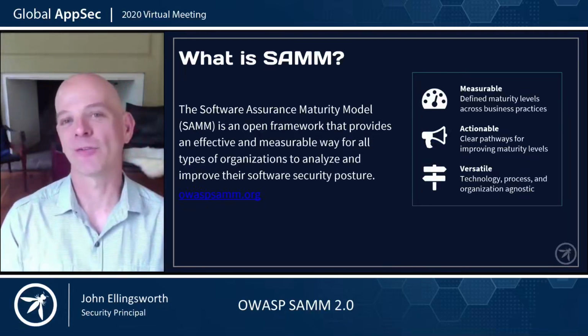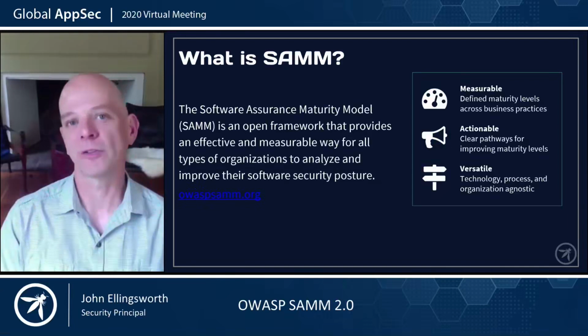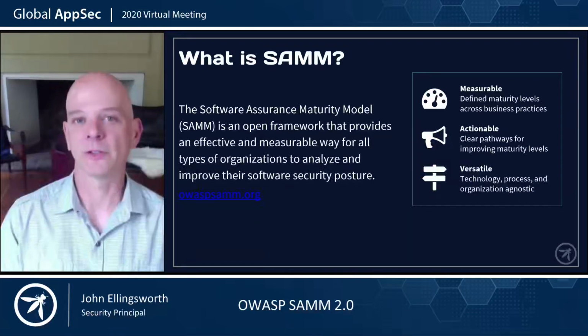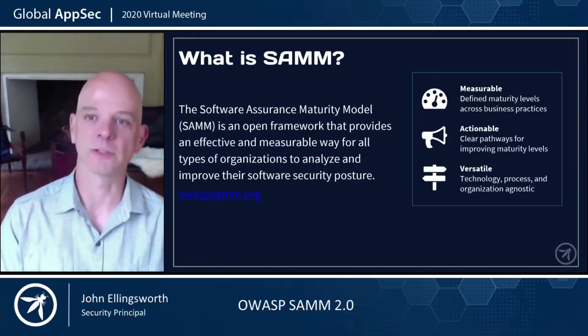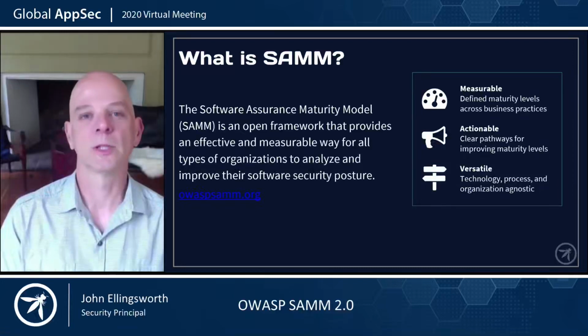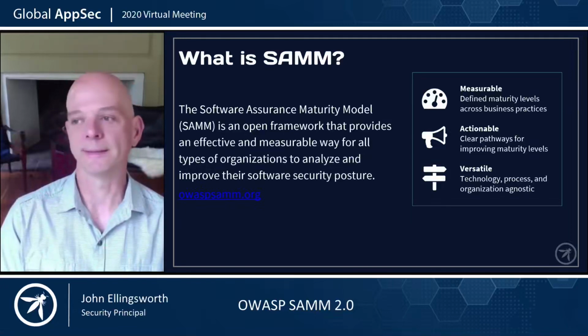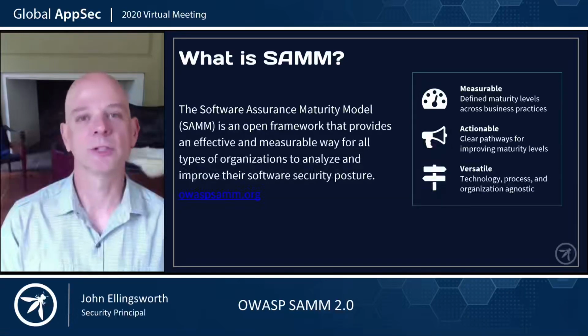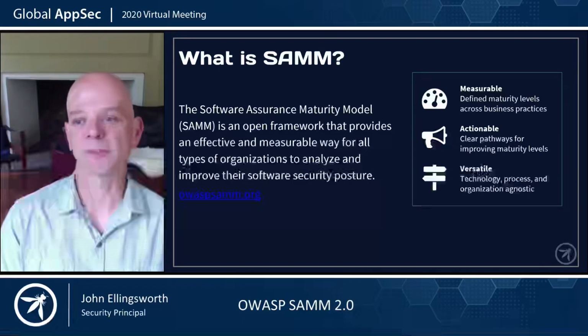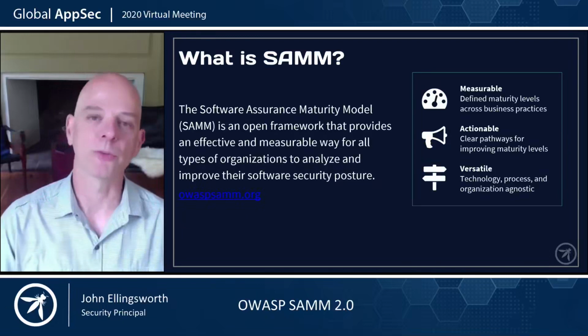So what is SAMM? SAMM is a software assurance maturity model, an open framework from OWASP that provides an effective and measurable way for managing software development within your organization and improving your security posture within the software development functions. It's intended to be a measurable, actionable, and versatile framework, one that allows you to define maturity levels across your business and software development business practices based upon things like risk levels and risk ranking. It provides clear pathways for improving your maturity levels that are incrementally achievable over time. And it's versatile. It doesn't adhere to a specific technology, process, or software development practice such as waterfall or Scrum. Its goal is to be agnostic to all of those